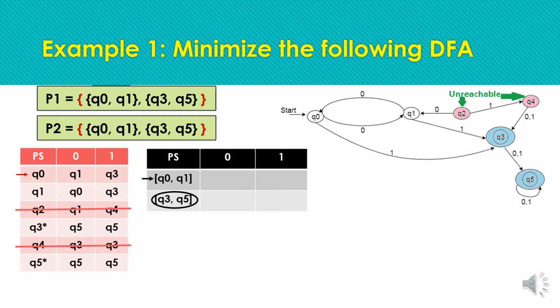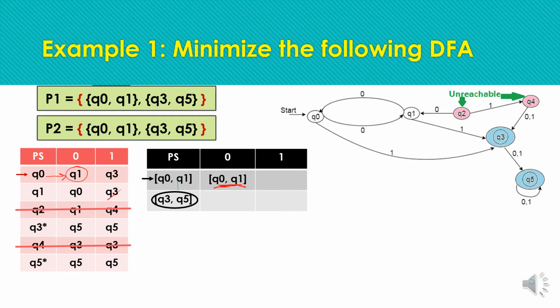So starting with the first state Q0 Q1, now we have to find out the transition for the first state for the input symbol 0. So we have to find out the resulting state for the input symbol 0 and input symbol 1. So check the transition table here. From Q0 we are having a transition to Q1. So we need not check any further details, as the transition is to Q1. So we can simply write here the resulting set as Q0 Q1.